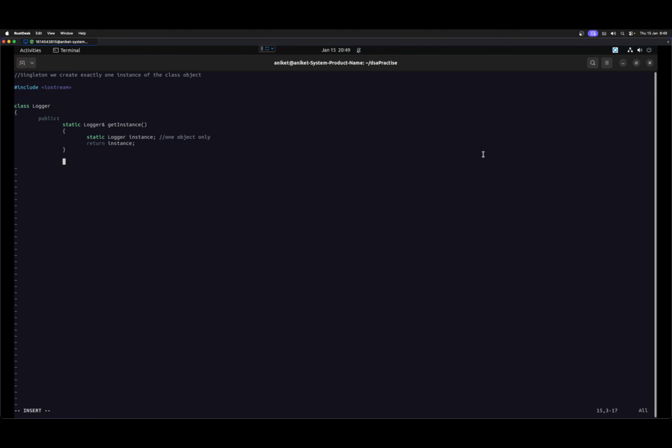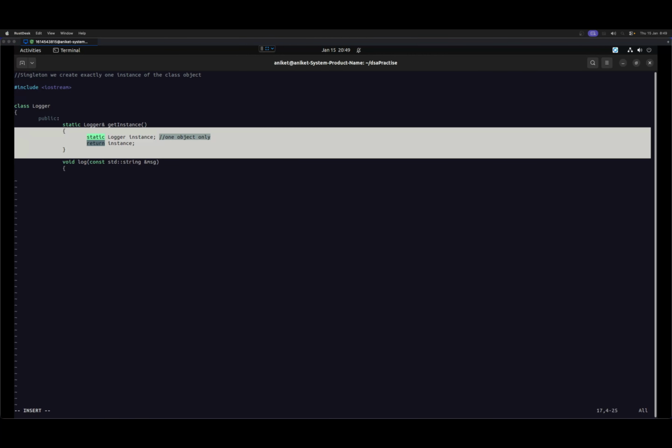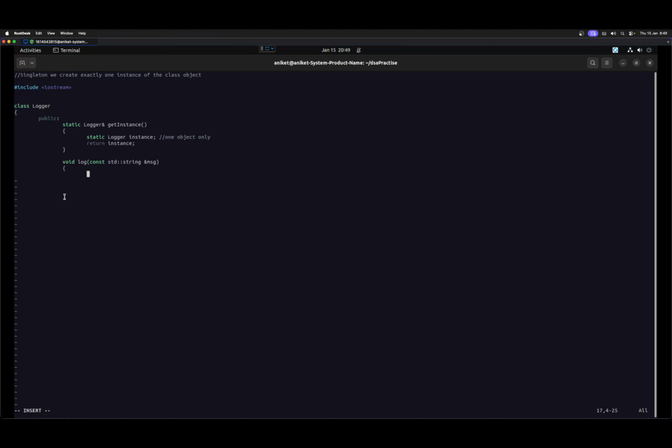And the next thing is that, as we have already discussed, each engineer needs to log something, right? So let's go ahead and log some message over here. As you might have guessed, this will be a problematic scenario. Why? Because we want to maintain an order. See, the instance part, I have explained why this is thread safe: we only ensure one instance of this is created. But whenever we are doing any logging operation,